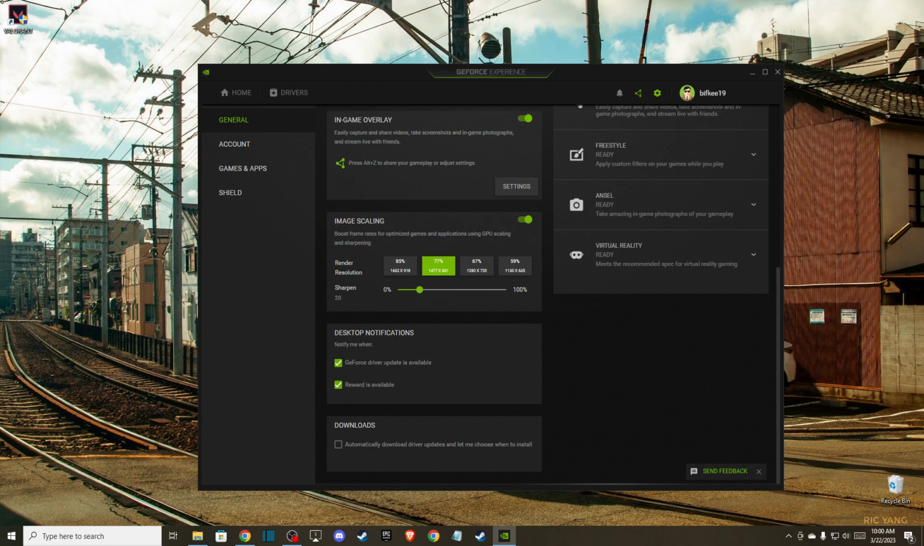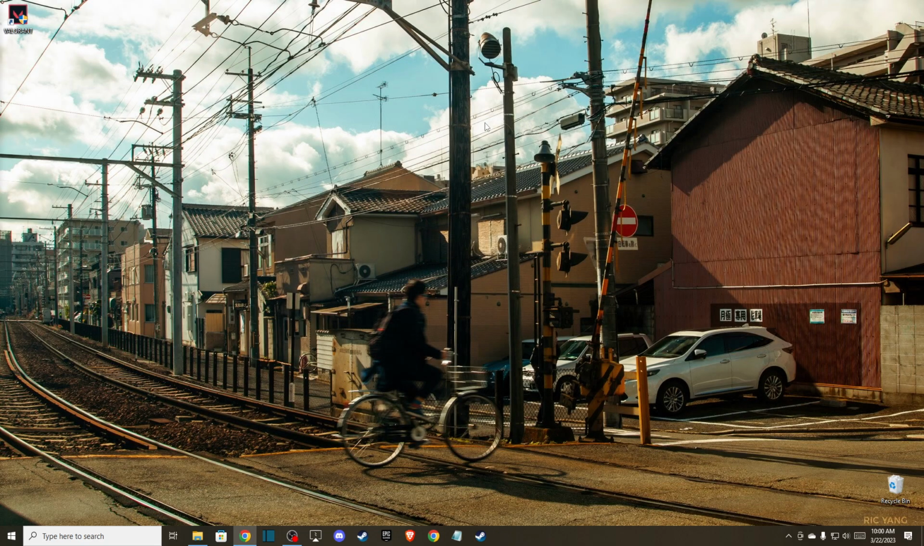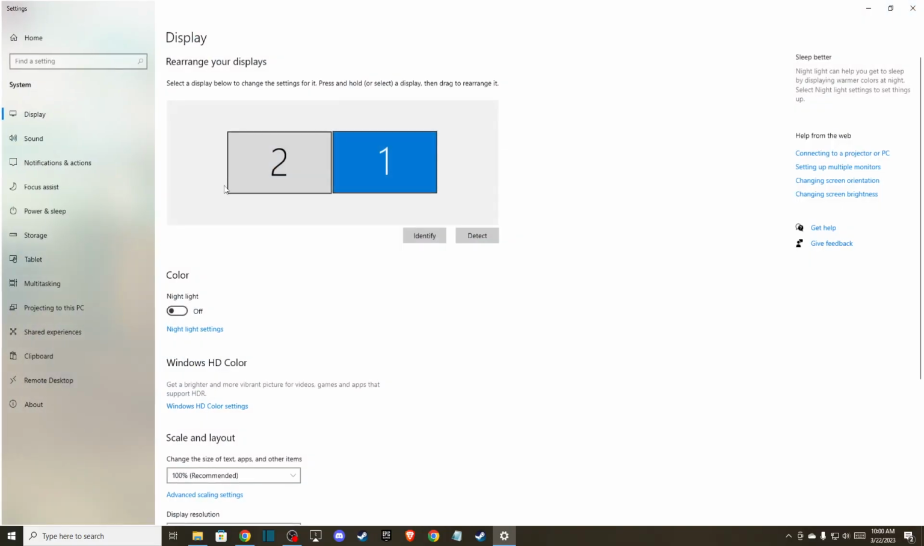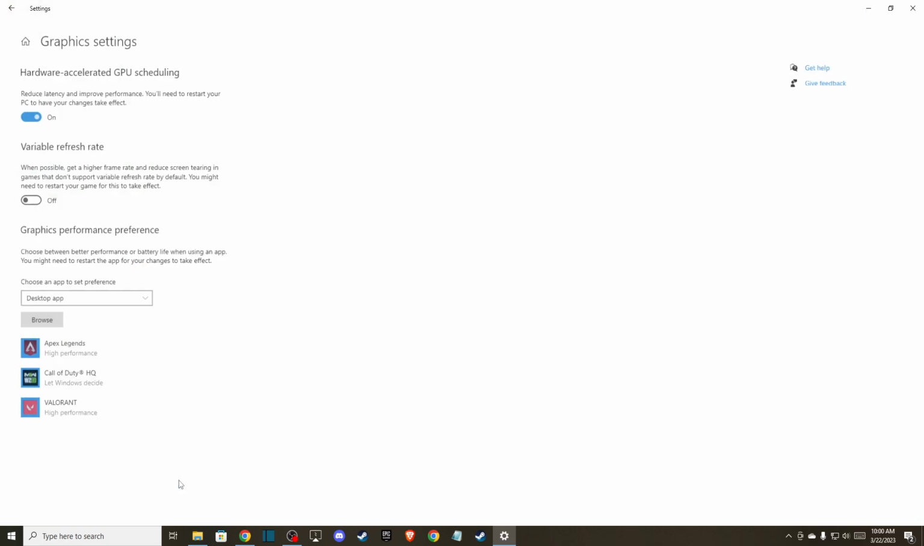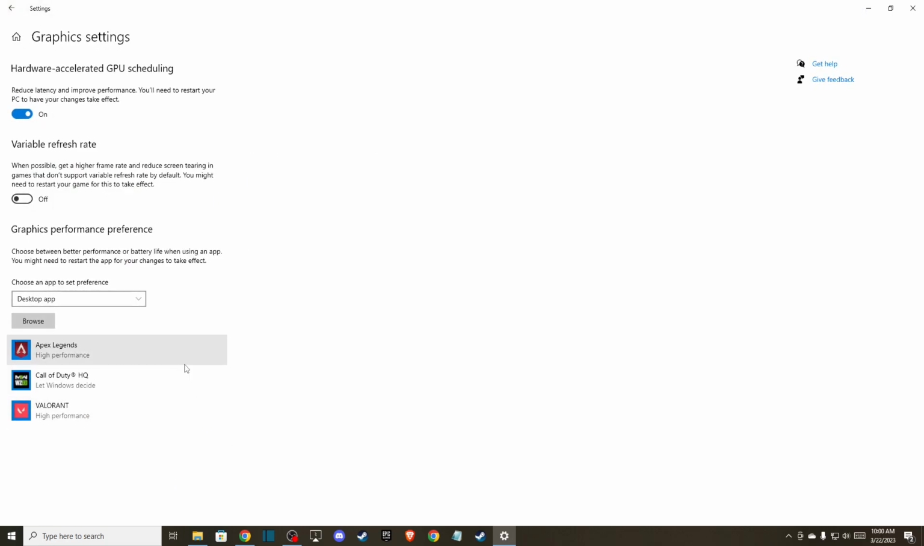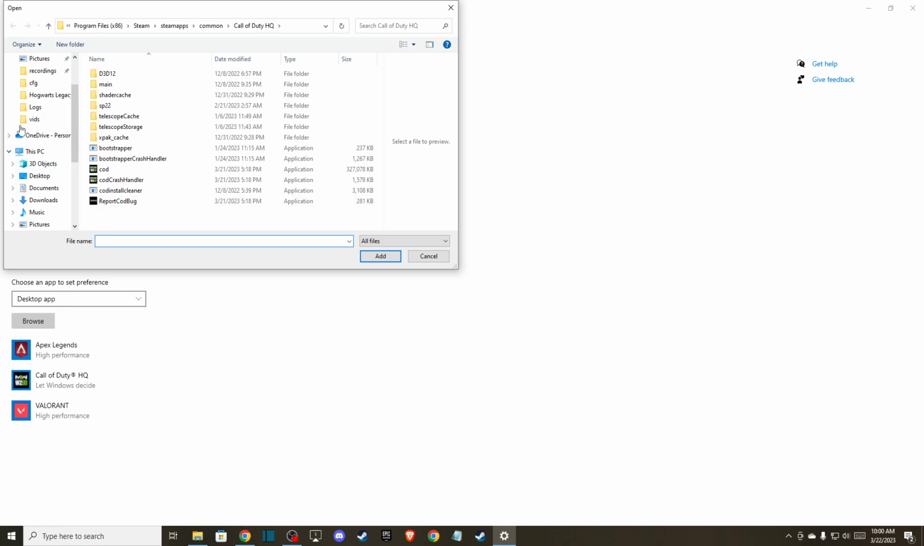And if the problem persists, then another thing that you can do here, you can go on display settings here, make sure that scale and layout is on recommended, and display the resolution also on recommended as well. And here you can go to graphic settings and here you need to go to browse,